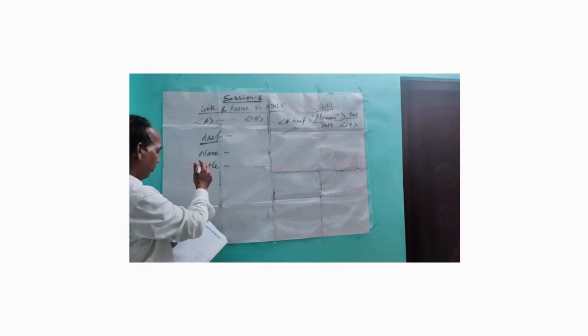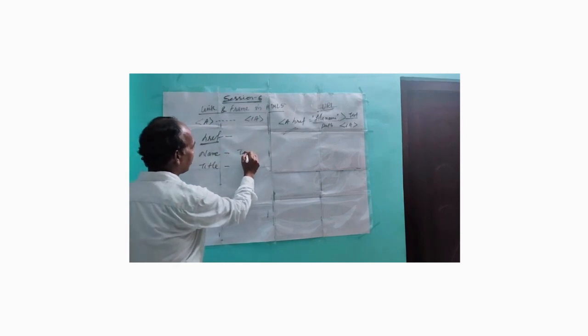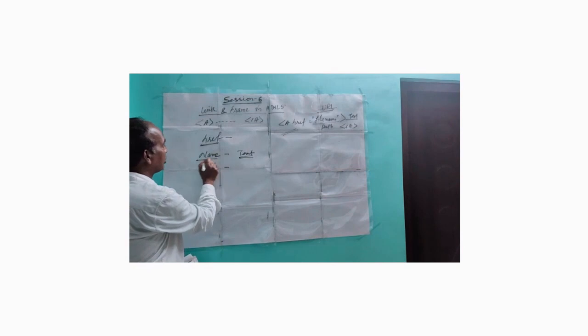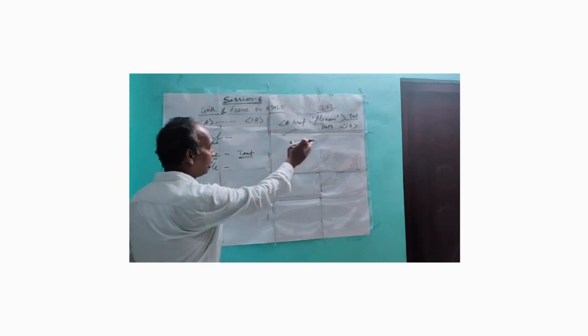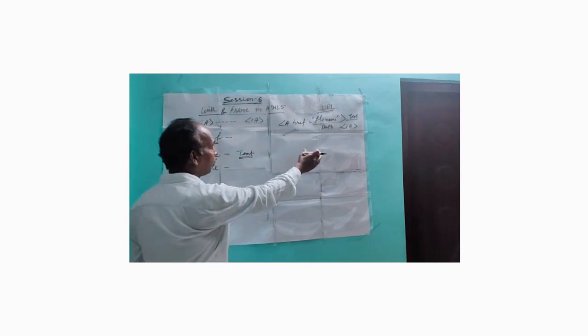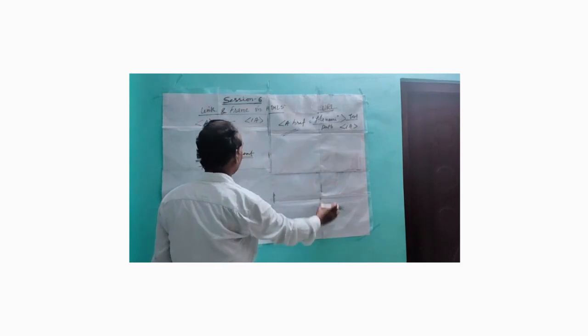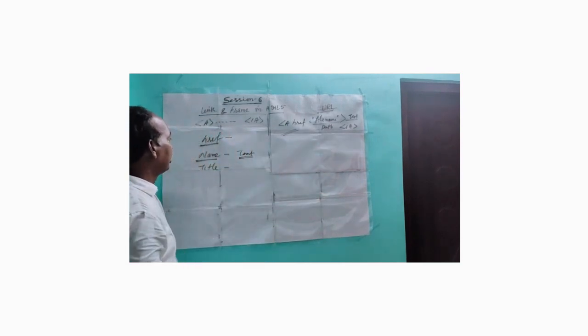Next one is name. Here we can use text. When we need to connect from one web page to another, or one document to another document in the same website, in that case we have to use the attribute name. This attribute is used for the internal reference of the document. So that means when you link from one page to another page in the same document, as I showed you earlier, in that case we need the attribute name.